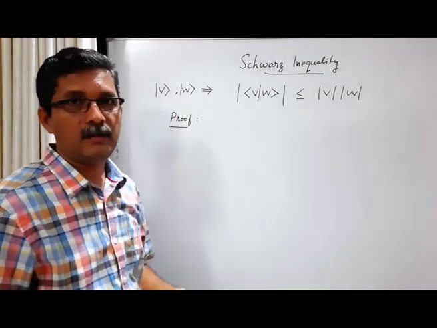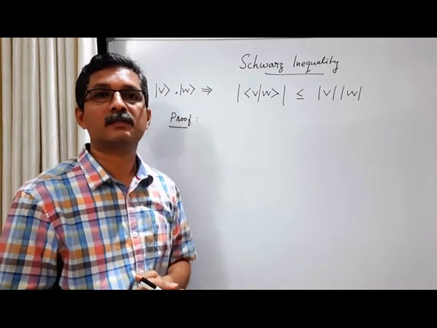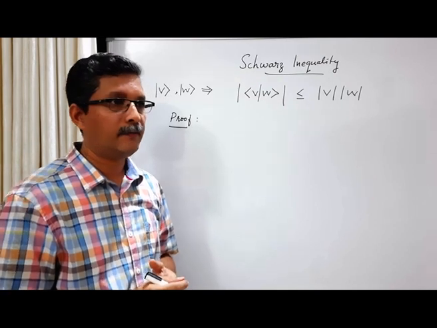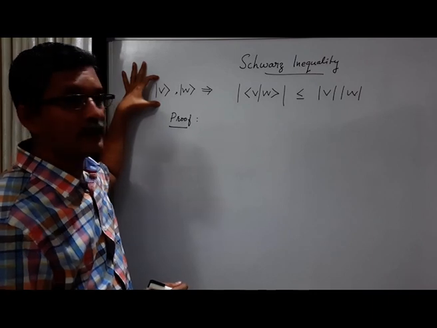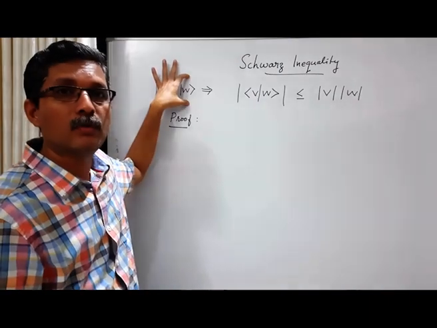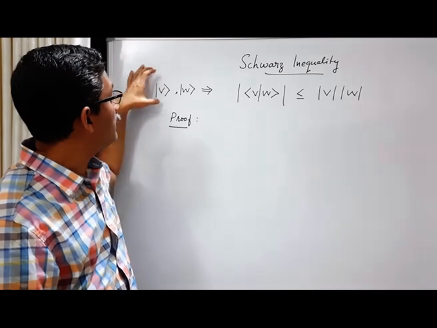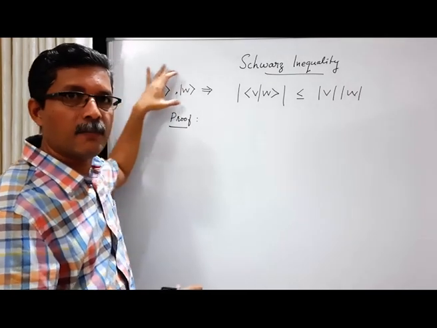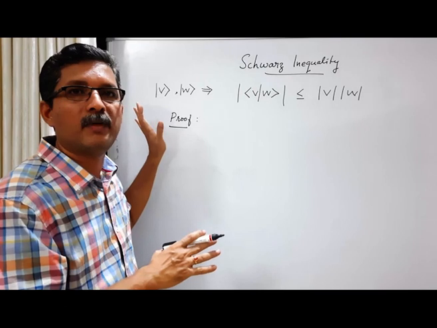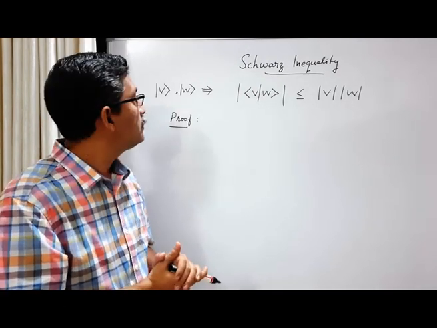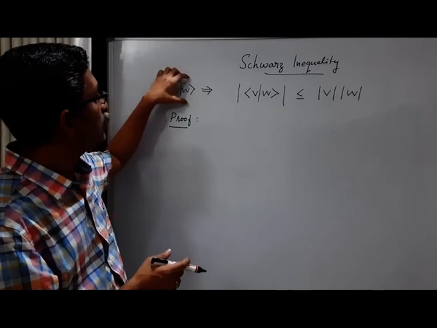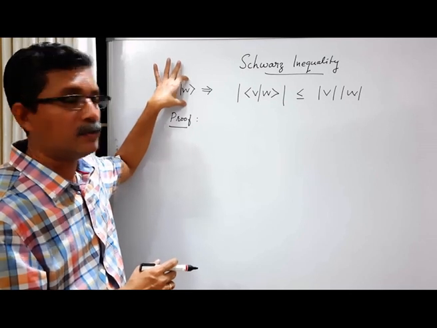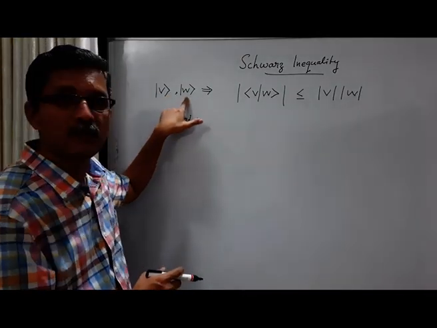How do we construct that? Yesterday in the previous class we discussed the Gram-Schmidt orthonormalization procedure. When you want to take a part of ket v which is orthogonal to ket w, we have to subtract from v the component along w. Take the vector v, subtract the component parallel to w, and whatever is remaining will be perpendicular to w. In order to take the component of v along the direction w, first we have to construct the unit vector along the direction w.